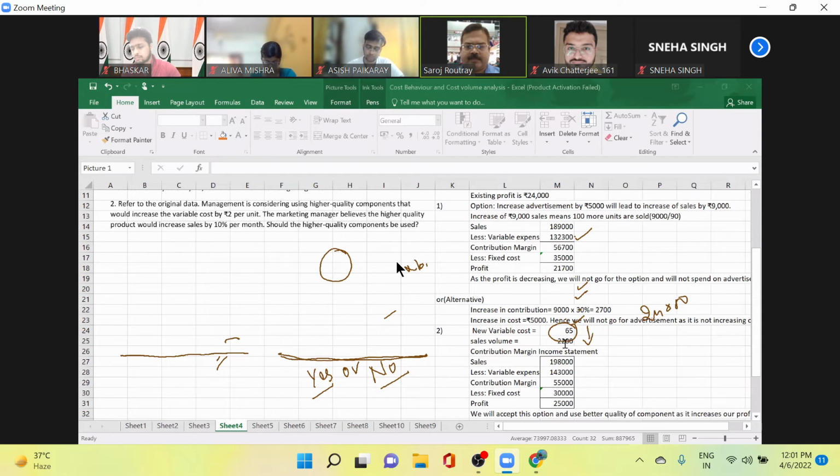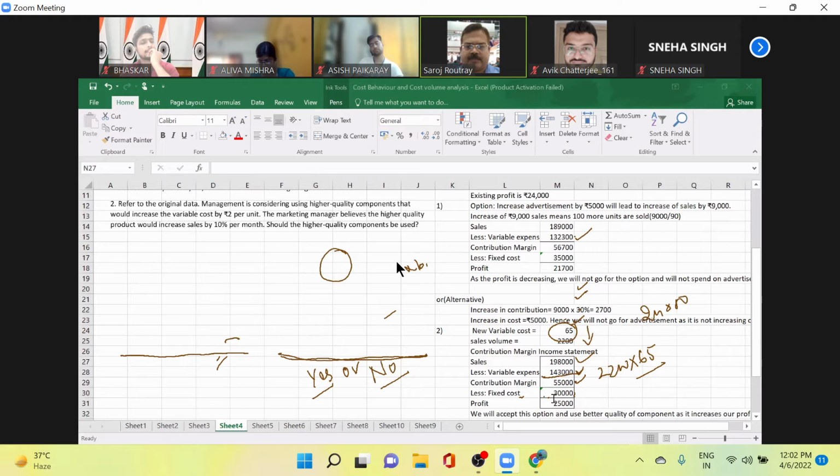We found that your sales will now be 2,200 into the selling price, which was 90. That is coming 1,98,000. And then 2,200 into 65, 1,43,000 will be your variable expenses. So if you deduct this from this, you get a contribution which is 55,000. And from that 55,000, if you deduct fixed cost 30,000, because your fixed cost is not changing, your profit is